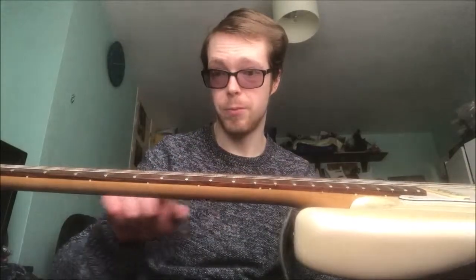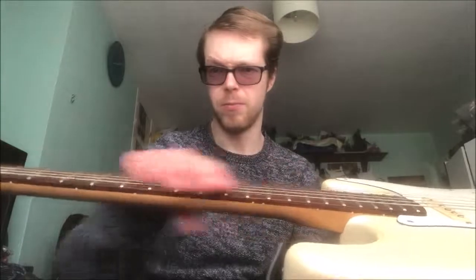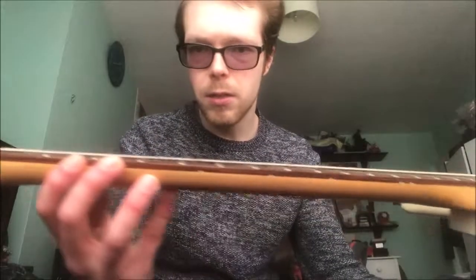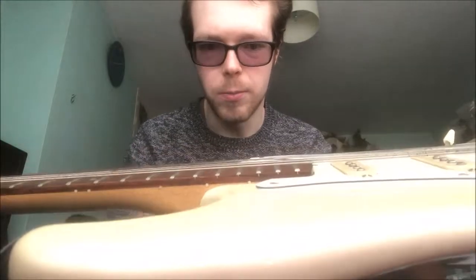Bear in mind, you've got to take into account any relief you've got in the neck, which is how much bow it has in it. The truss rod in the neck is counteracting the tension of the strings, so you want it with a little bit of bow, because otherwise it's just going to fret out, flat. So you need a little bit of relief, but not too much. It's really a balancing act, and I'm pretty certain that what's up with this is the neck angle,